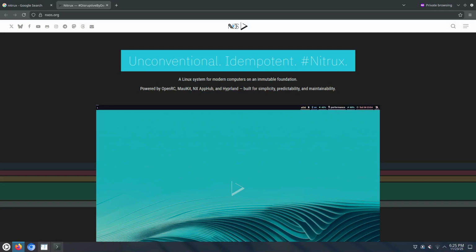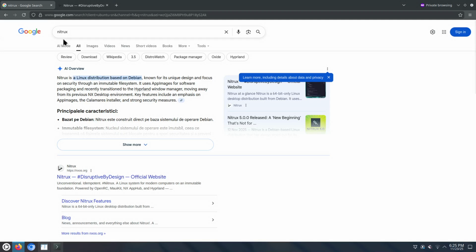Hello, this is my first look at the Linux operating system Nitrux 5.0, a recent release. We're going to try to install it in a QEMU virtual machine. So you search on Google for Nitrux. The first result here,